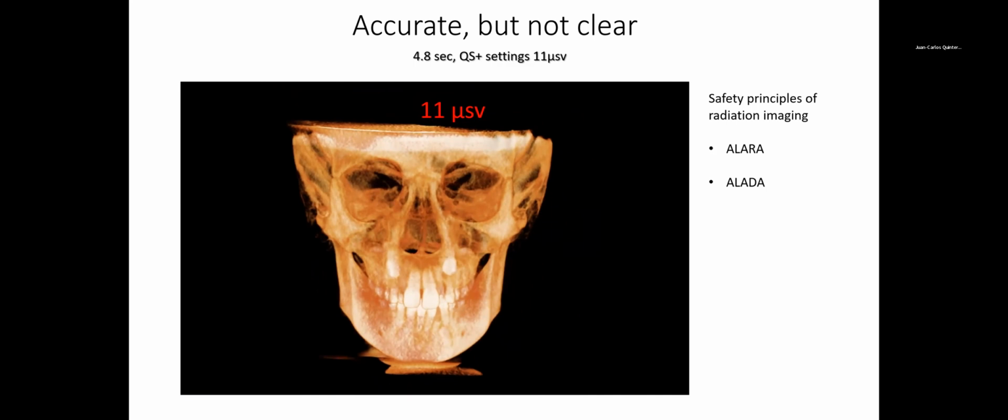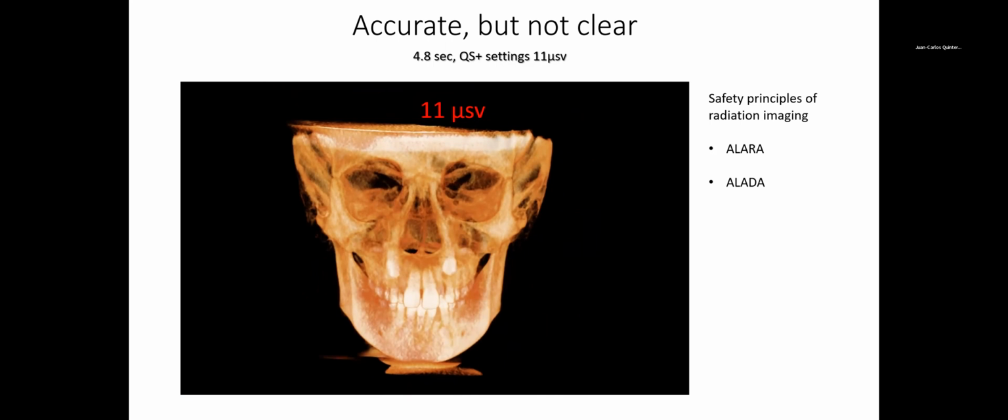exposure time, and the dose delivery. In this particular case, it's an extended field of view on the lowest possible dose that you can have. That's equivalent to 11 microsieverts of radiation on a patient. So you can see that it's significantly lower than a pano, a little less than half. So we always need to understand when it comes to imaging, especially when there's radiation involved, what are the